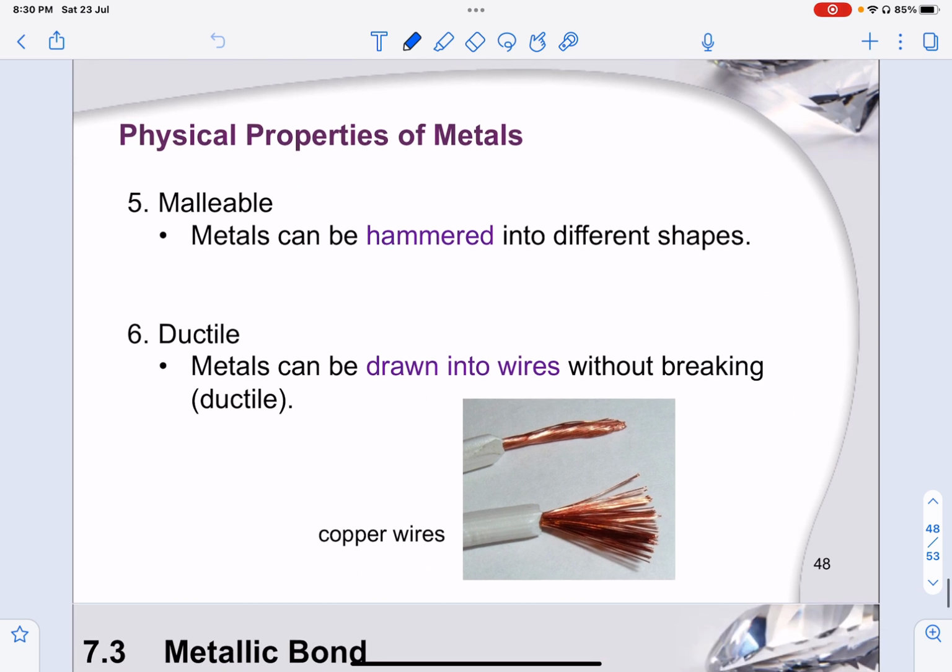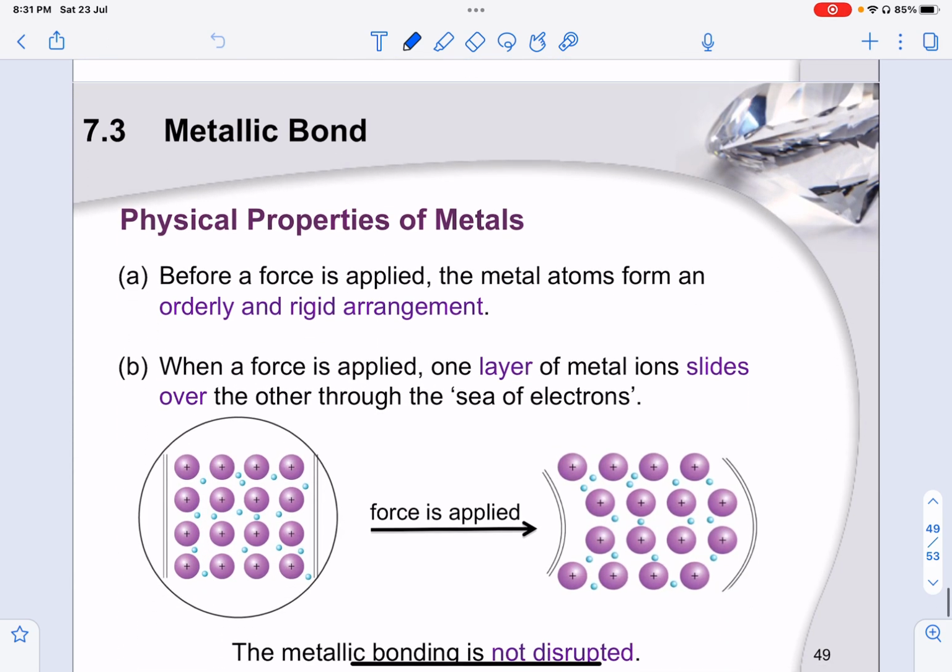Next, these metals tend to be malleable, meaning they can be hammered into different shapes, and they are also ductile, which means they can be drawn into wires without breaking. It is like spaghetti, when you pull the noodles, they tend to be able to retain their shape. That's the meaning of ductile. So when I pull the metals, they don't break into different parts. Malleable is basically when you bend or hammer it, they still stay in shape in some way without breaking.